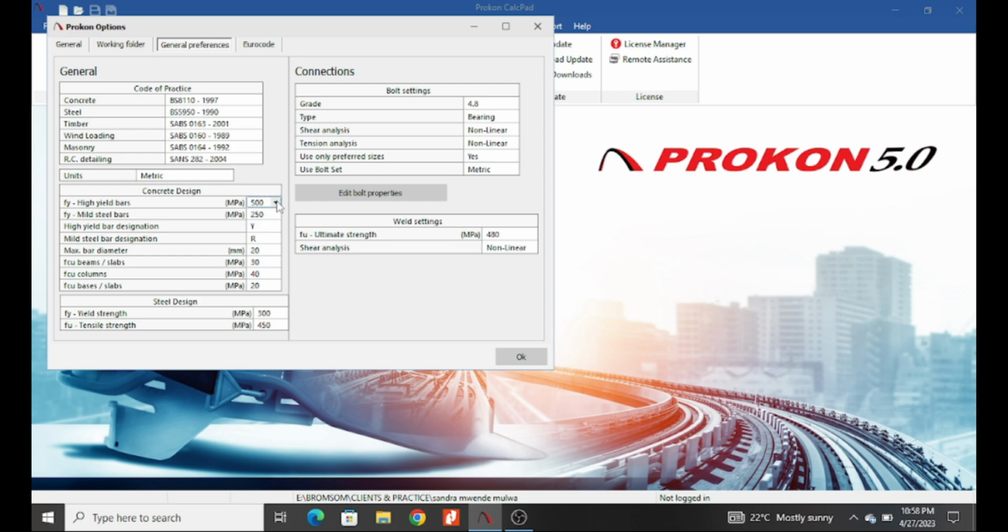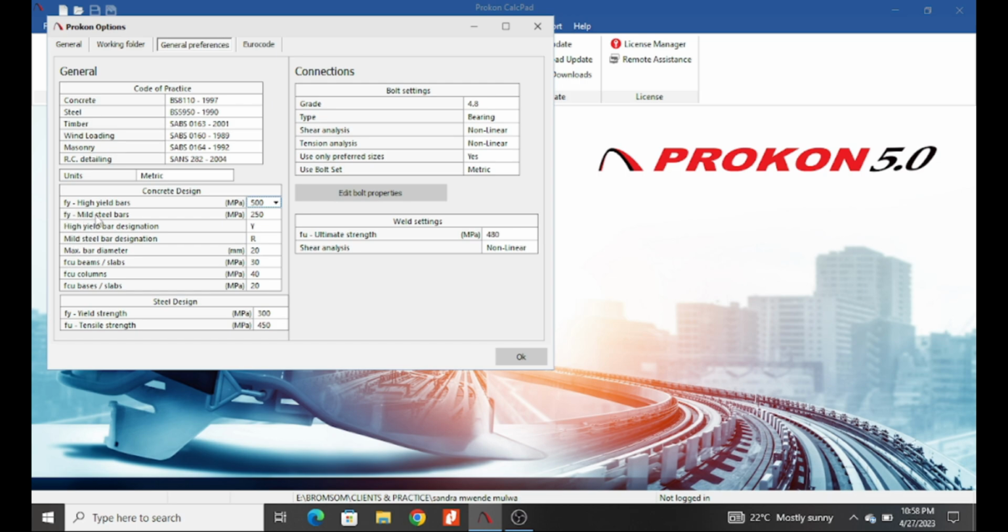But since also standardization of these bars, or quality control, is not always assured, you are advised to use 460. But if you're sure the manufacturer is giving you the right product, it has been tested, or you can take your bars and test, and they pass 500, then you can use 500 for your bars.